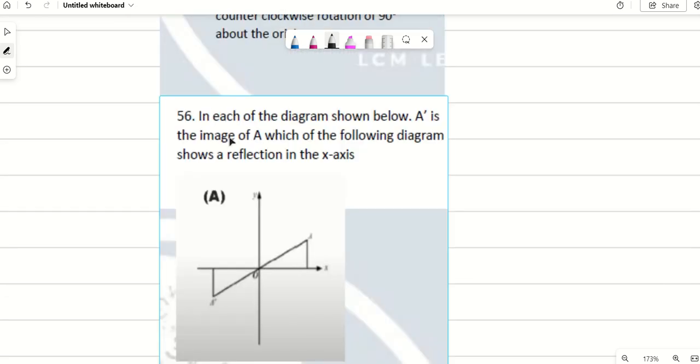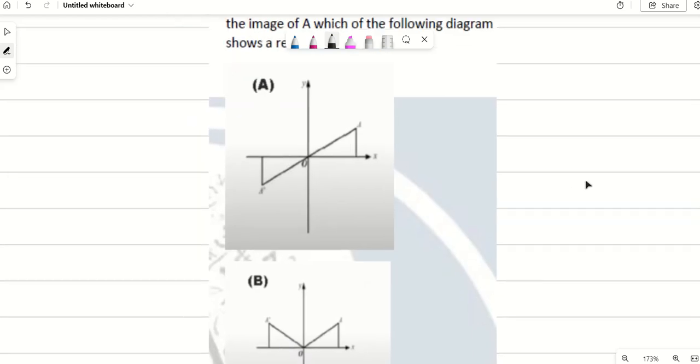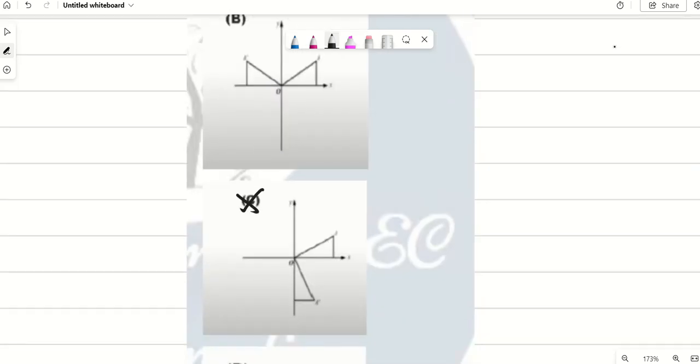Number 56. In each of the diagrams shown below, A prime is an image of A. Which of the following diagrams shows a reflection? So if it is a reflection, we know how reflections look. It is not E, right? It's not C,